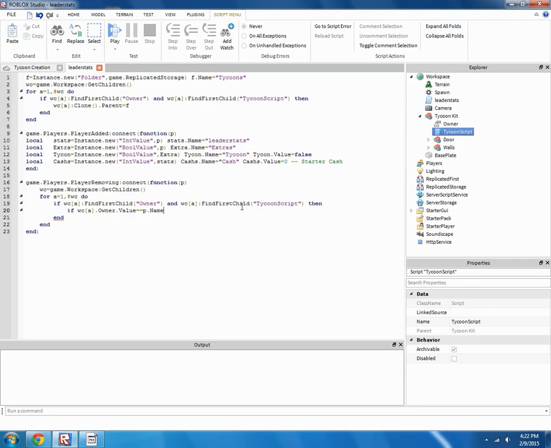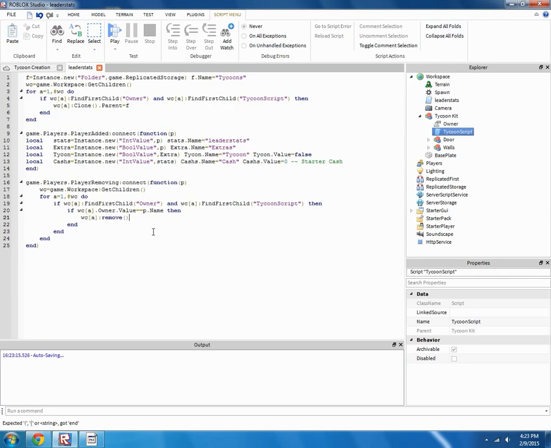It explains that it's two equals signs, so I say equals. No idea why, I just do. Alright, don't judge. If it equals the player's name, then what it's going to do is go WCA.Owner.Value equals,